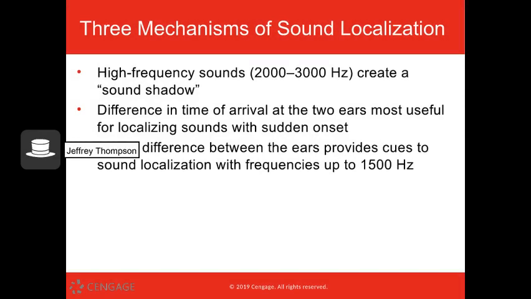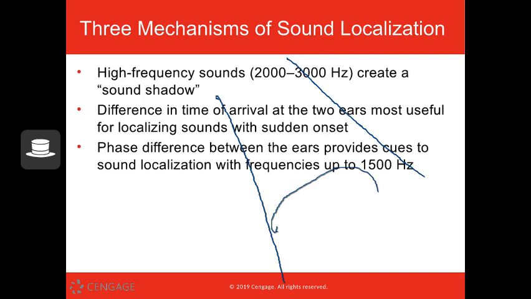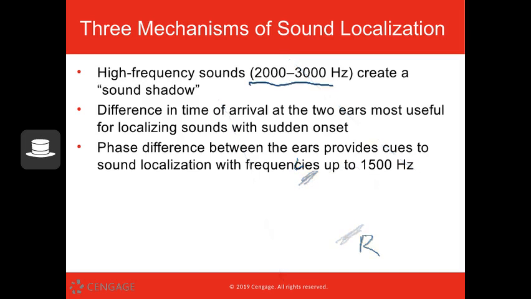So we'll see an example of a sound shadow in the next slide. But just so you know, when you are listening to something, the sound, if it's coming from one direction, is going to have trouble reaching your other ear. This is the left ear, this is your right ear, right? Because your face is blocking it. So that sound shadow with frequencies between 2 and 3,000 hertz can help us figure out where a sound is